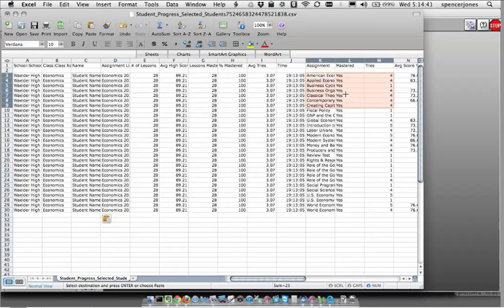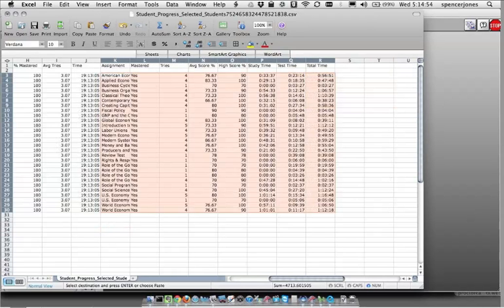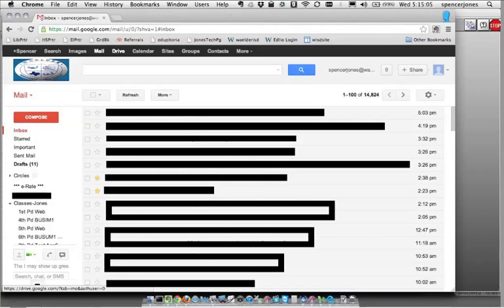Here's a screenshot of me drag selecting it. And so I want all the assignments all the way over to the total time. And again, this depends on what the district policy is for how the classes are going to be looked at. And the two columns we want are the average score and the high score. And we take the average of those two things. It's the policy that I inherited when I got here. And then we're going to get over into the Google Docs. So you should be